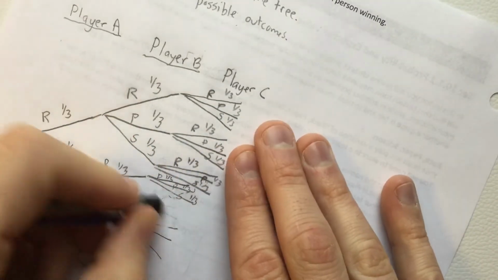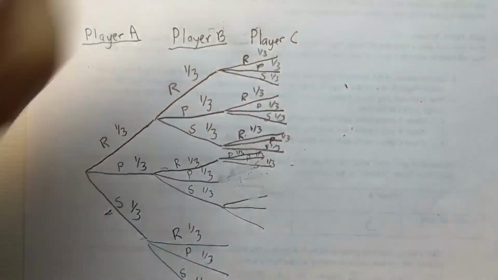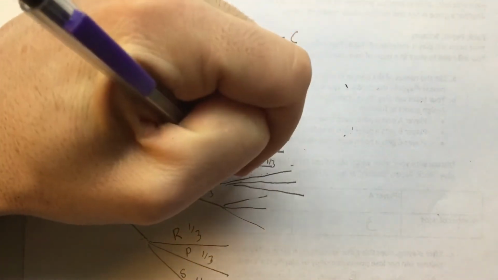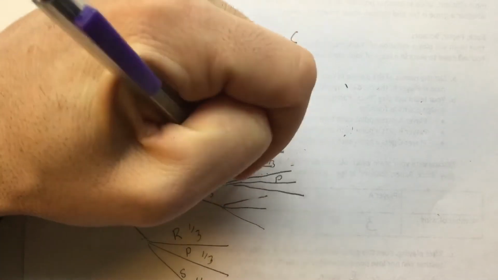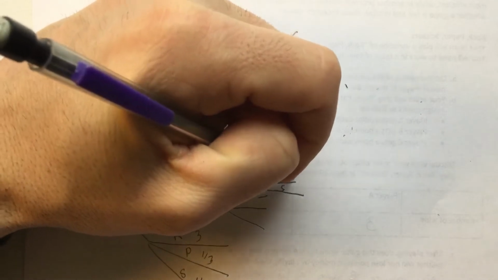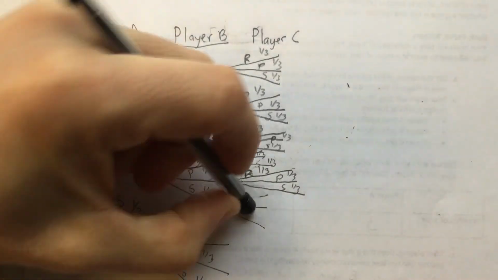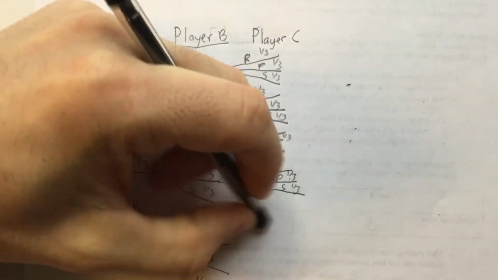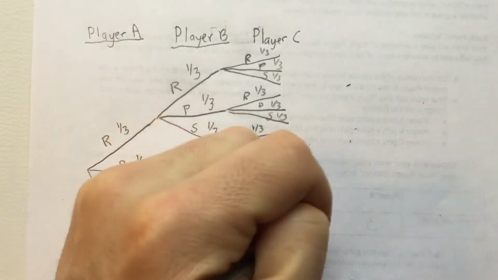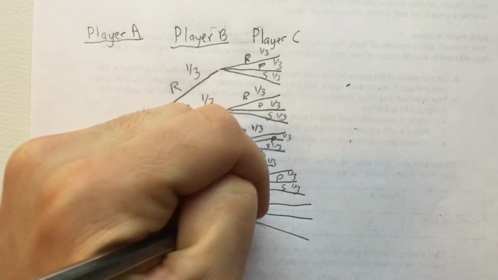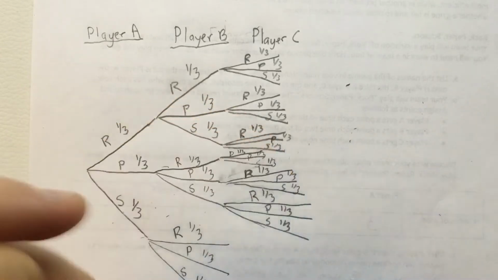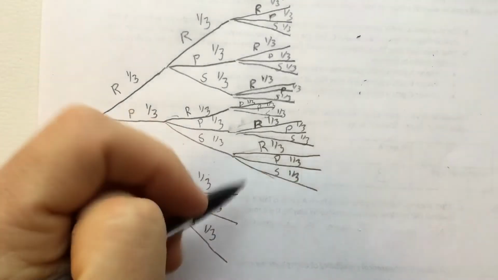So again, like we talked about, this is going to be one of the downfalls of the tree diagram, is that it is messy. So rock, paper, scissors. Sometimes you just have to extend the branches longer. And then down here,